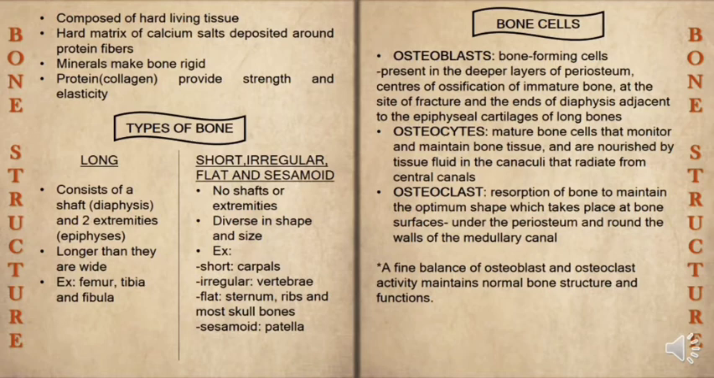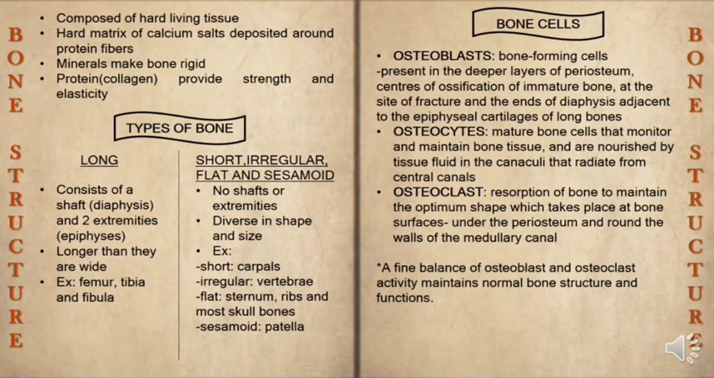Bone cells, osteoblast: bone-forming cell present in the deeper layers of periosteum, center of ossification of immature bone, at the site of fracture and the end of diaphysis, adjacent to the apophyseal cartilages of long bones. Osteocytes: mature bone cells that monitor and maintain bone tissues, and are nourished by tissue fluid in the canaliculi that